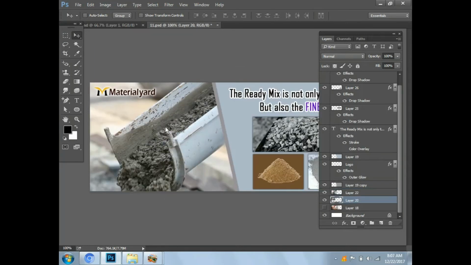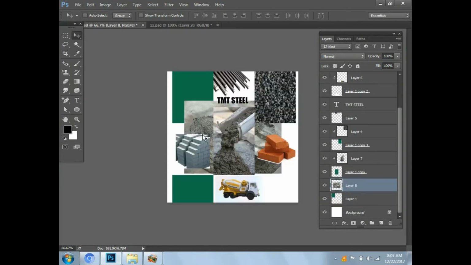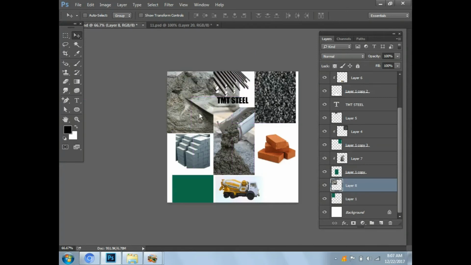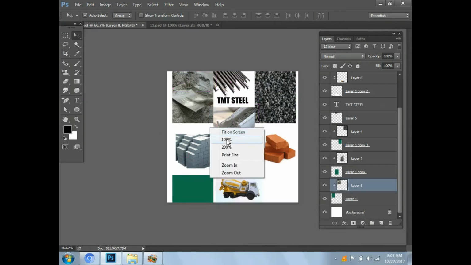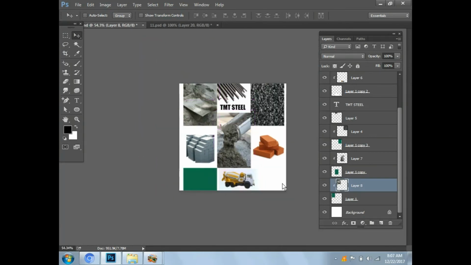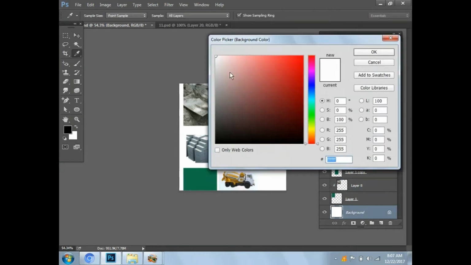Black, or select this one and make it a little bit small like this. And take some construction images, coarse aggregates and cement and sand. We haven't done the sand, no?